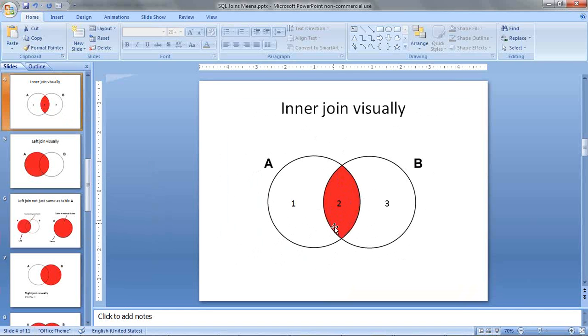That's why this is basically the intersection of table A and B. If you see in this figure, when these two circles merge, you have three different areas basically. Area 1, Area 2, and Area 3. Area 1 could be called the rows which are in A, but nothing is common with that in B. Area 2 are the rows which are matching to both A and B. And then 3 is exclusive to B and not present in A. So if we keep that in mind and keep going,